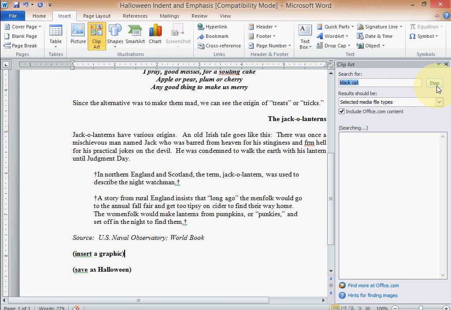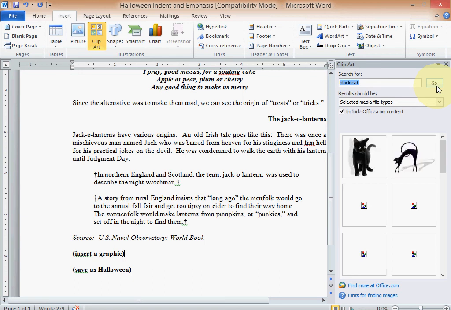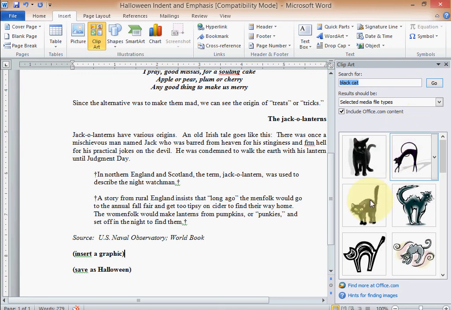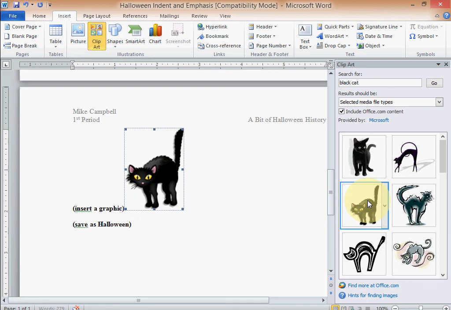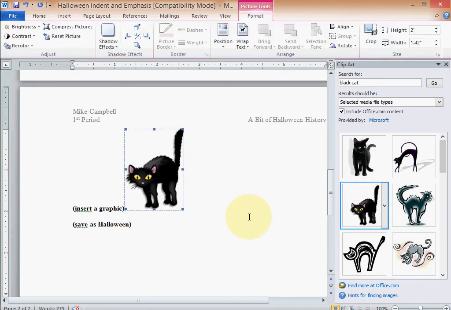Give it a second. Okay, so I like this one right here. I'm just going to click on it, and it sticks in there like that. Now you notice how it just threw me to page 2? There was actually enough room to put it on the bottom of that other page, but now it threw me to this other page. So what I can do